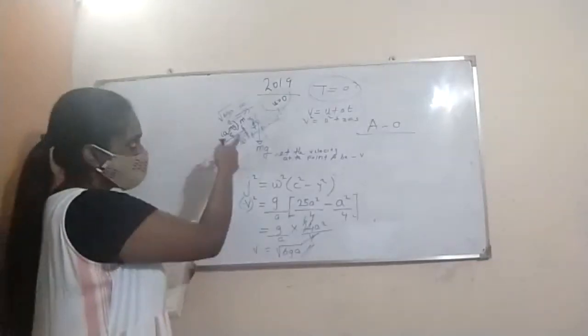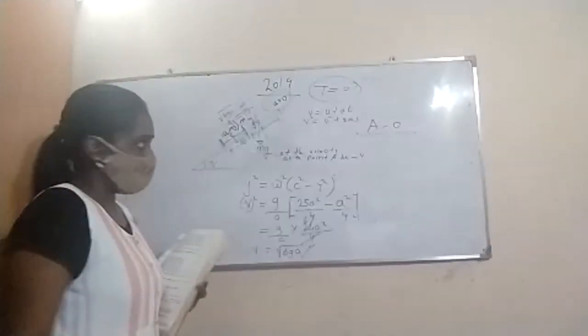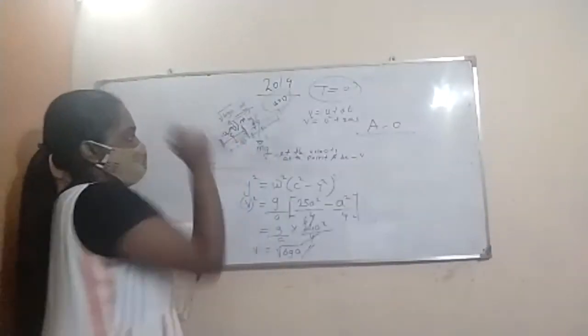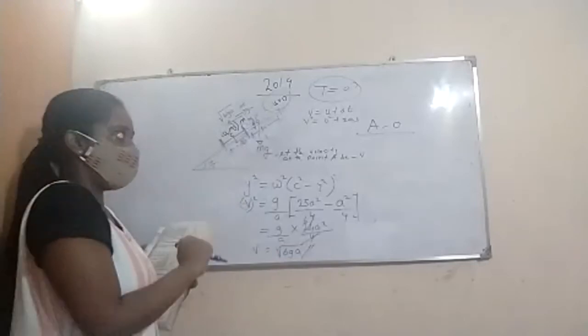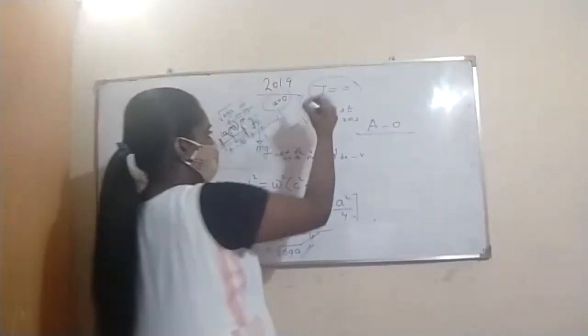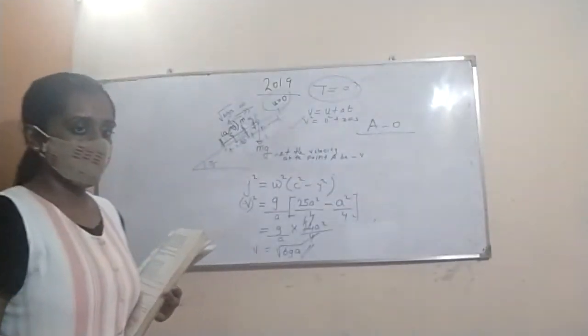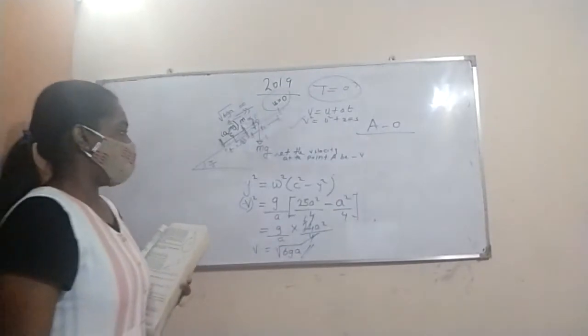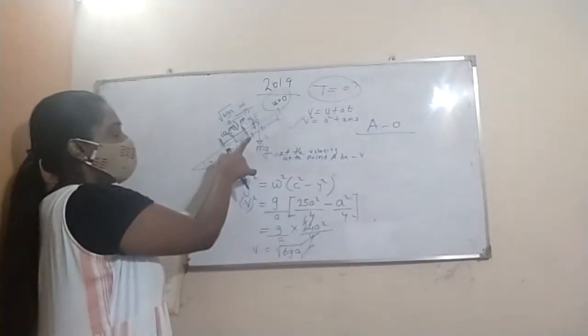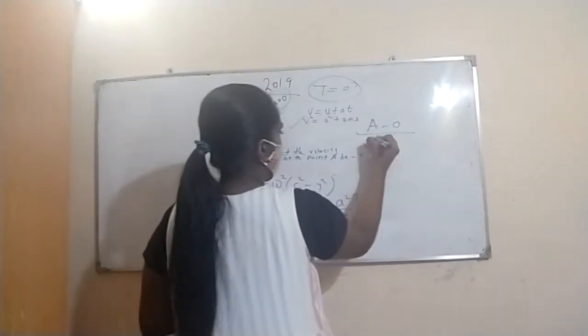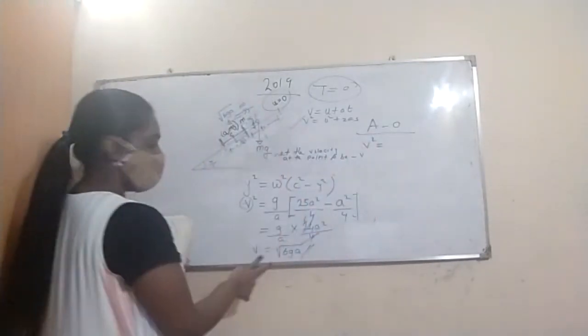See, time is related with these things. We know the initial velocity. We know the distance. We have to find the final velocity. Then the most suitable equation is what? v squared is equal to u squared plus 2as. Therefore, we are going to apply the equation from A to O. Therefore, v squared is equal to, the initial velocity is